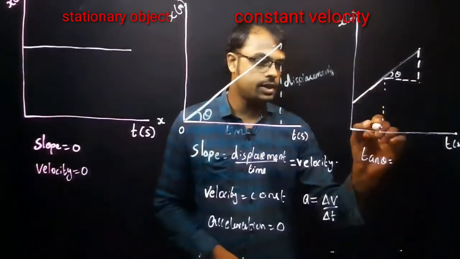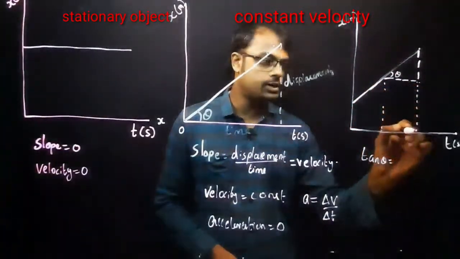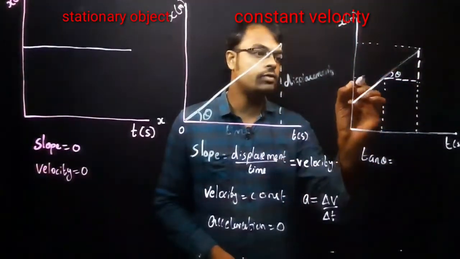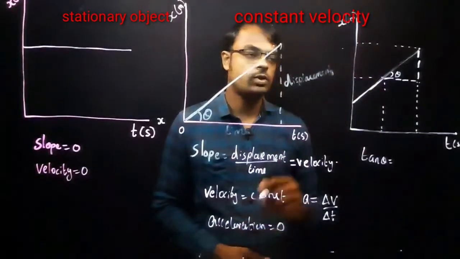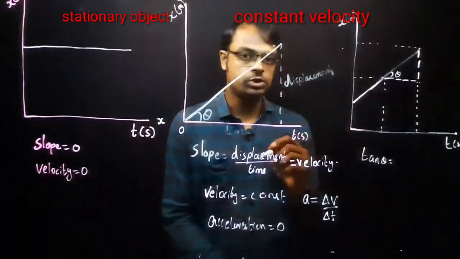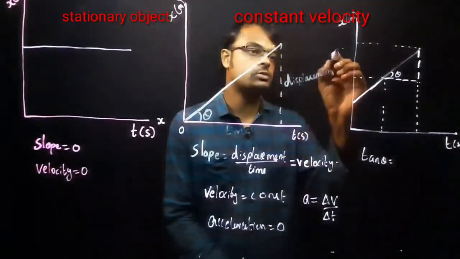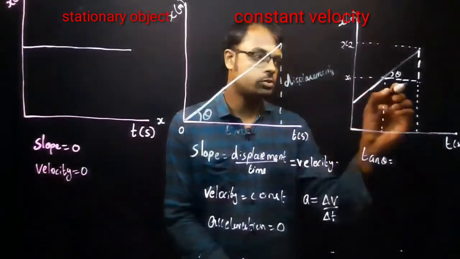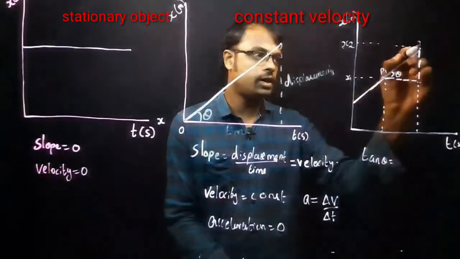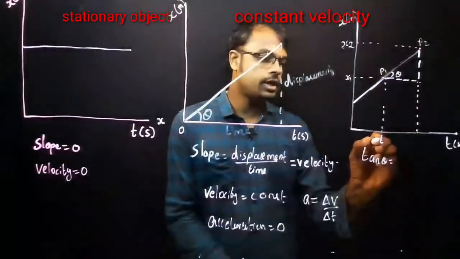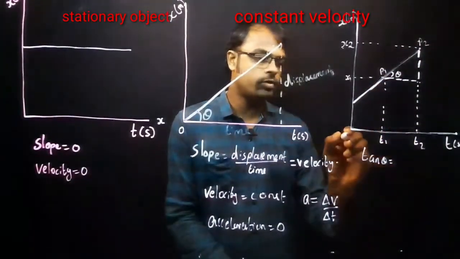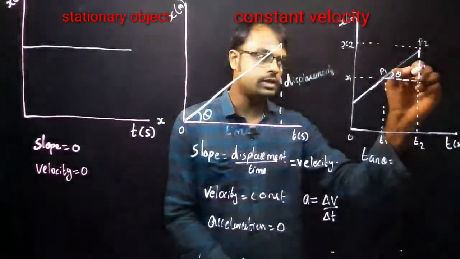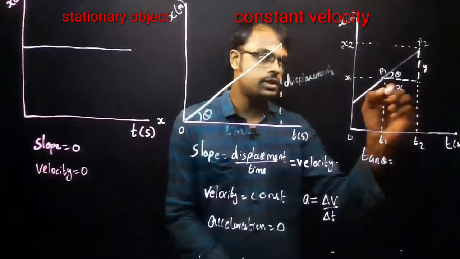The adjacent side you get from the x-axis, and the opposite side you get from the y-axis. What is along the y-axis? That is the position, which here we have taken as the displacement. So I can write here this is the final position and this is the initial position, at points P1 and P2, and here it is time T1 and here time T2 from the origin O. What is tan theta? It is the opposite side, that is y, and the adjacent side is x here.